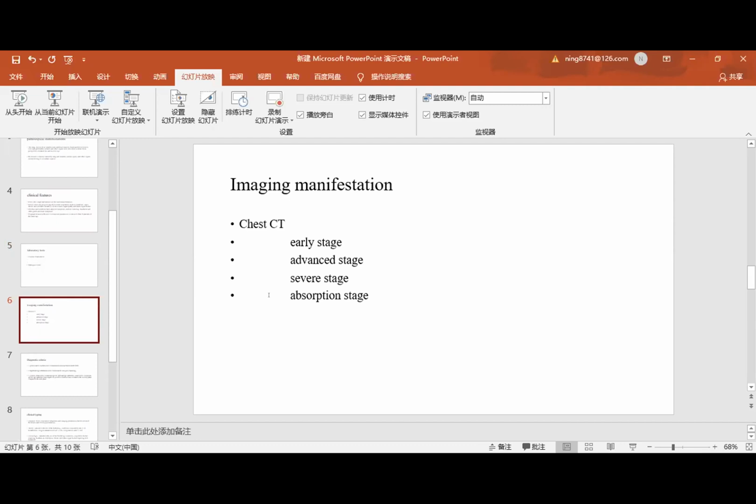According to the lesion range, high-resolution CT findings can be divided into early stage, advanced stage, severe stage, and absorption stage. In the early stage, the lesions are limited, including single and double lung, multiple ground glass, nodular shadow, patch shadow, and mass shadow. The inner lung texture can be seen, showing grid-like changes, accompanied by thickening and proliferation of blood vessels, with or without thickening of